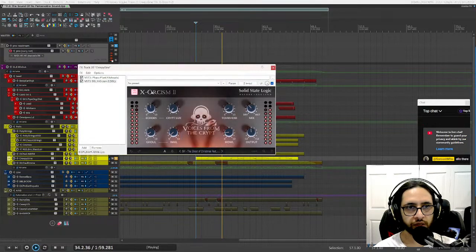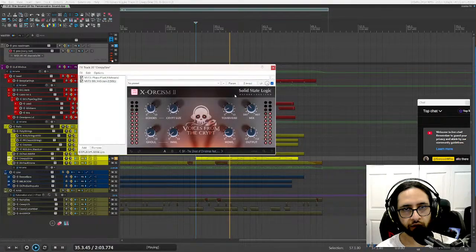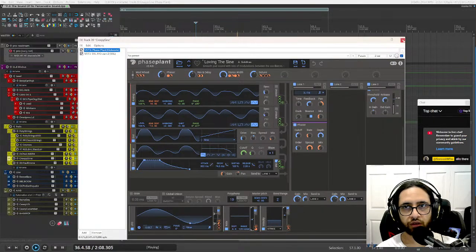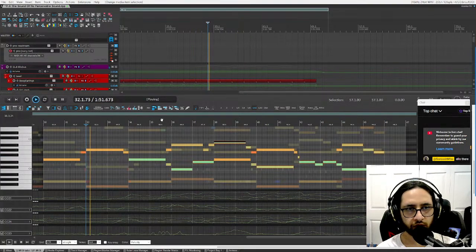I think I just picked the preset. I think this plugin is free. I don't know if it's still available, but I think I got it for free. Yeah, it's got some weird harmony part with that plugin.